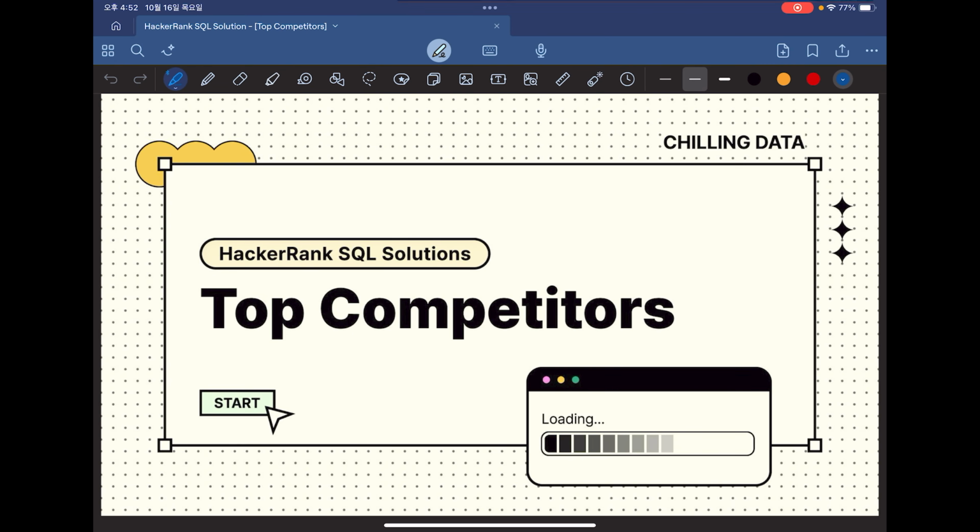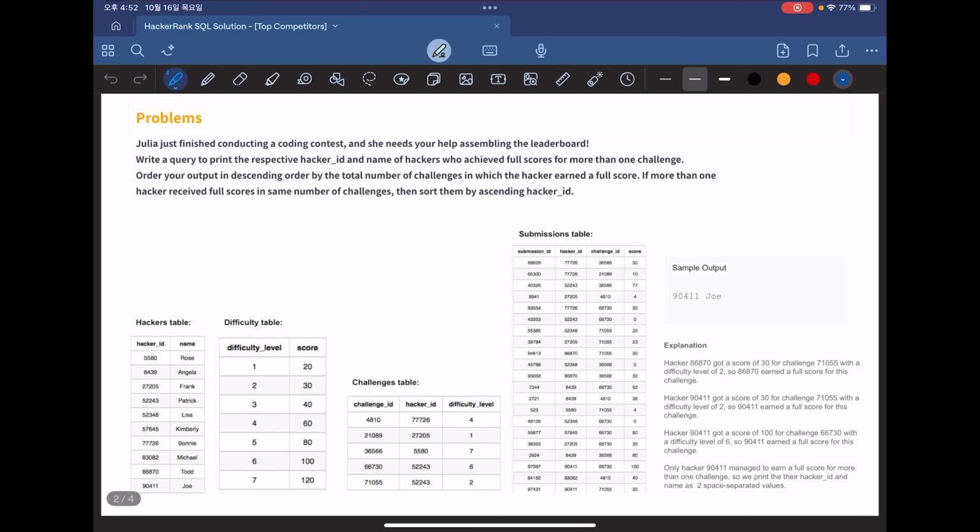Hello everyone, today I'm gonna explain the HackerRank SQL solution for the problem named Top Competitors. Let's see the problem together. First, we have to understand so many conditions. We have to write a query to print the respective hacker ID and name of the hackers